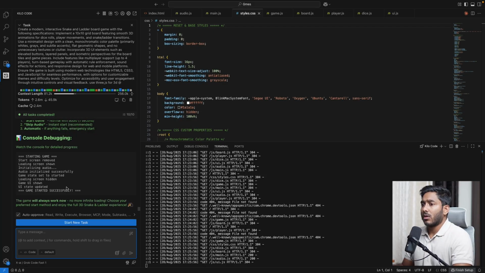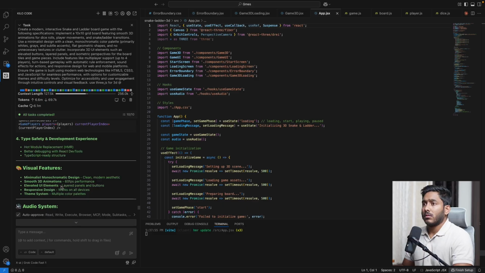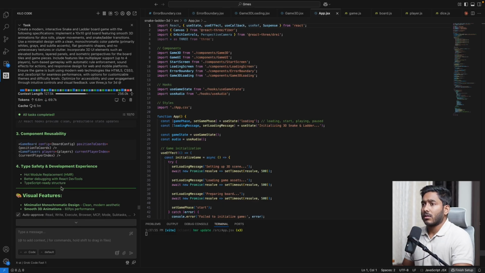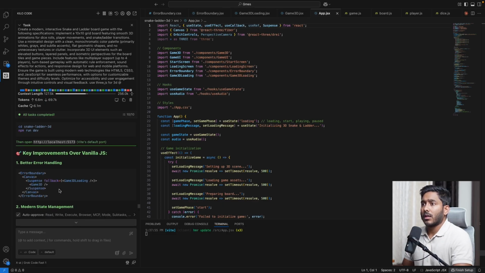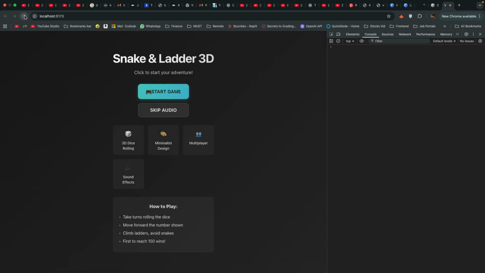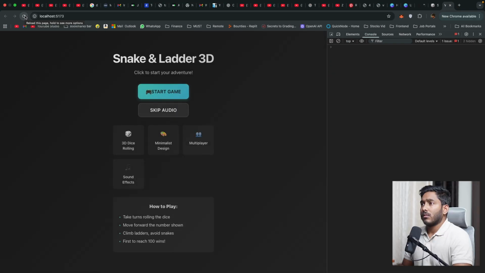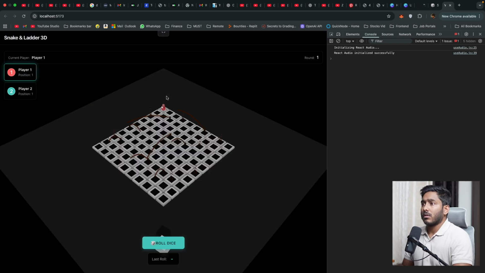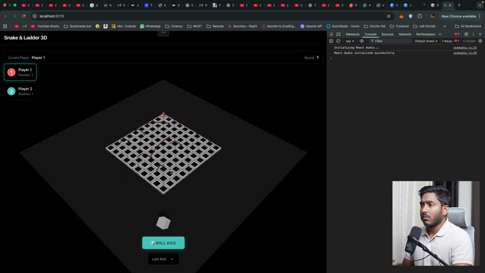It's not working. Use React.js. So let's try to create the same application with React. I've tried a couple of times with it and it was not working. All right, it seems like development is done and it is on port 5173. Okay, the game is working, but